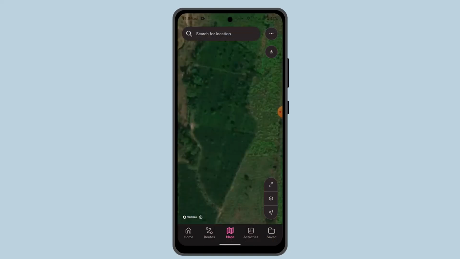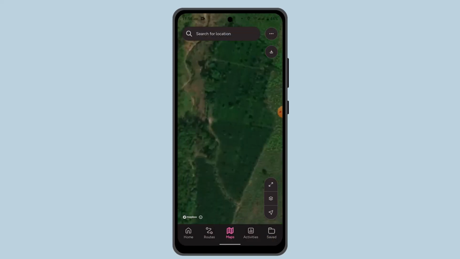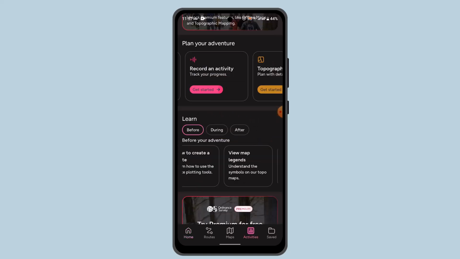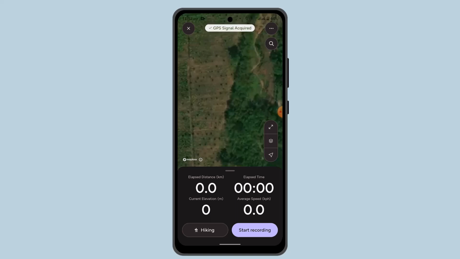Now then, to begin with, go to log in to your OS Map, and when you're logged in it's going to take you to the home page. So right on this page you'll be able to find this option as plan your adventure. Swipe towards your left hand side and go to record an activity, or you can just go ahead and select activity,